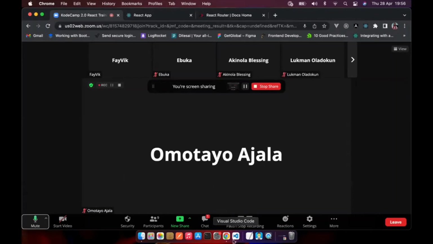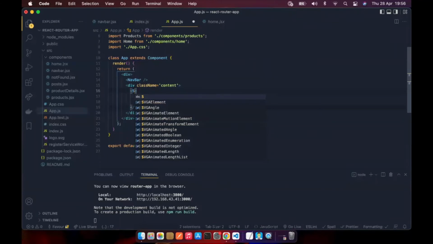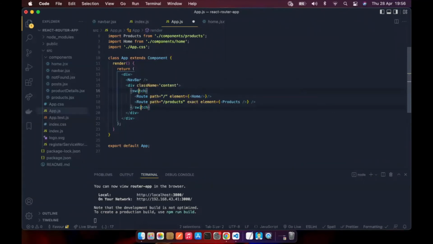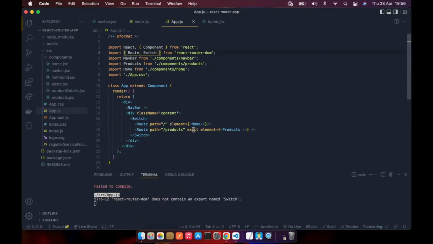So now we are going to remove this route here and replace it with switch, and then we are going to import it also at the top. So with this switch component,